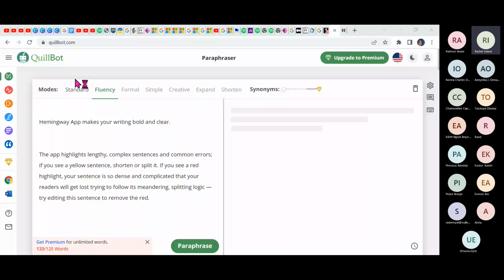Another tool we can use is actually Microsoft Word. I'm just going to show you how to go about it. Let me use this to show you. Okay,